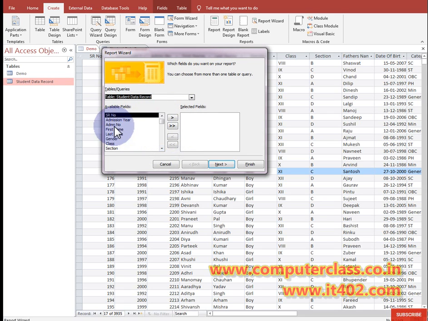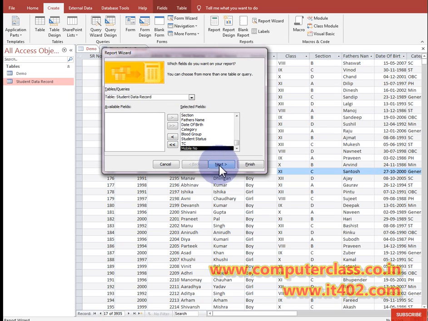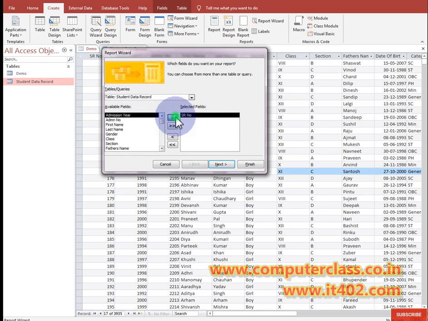Now, which columns do you want to select for generating the report? If you want to generate a report with all the columns, then click on these two arrow symbols. And if you want to revert them, you have that option. If you want to select the columns one by one, you use this option. First name, last name, I also want gender, class.